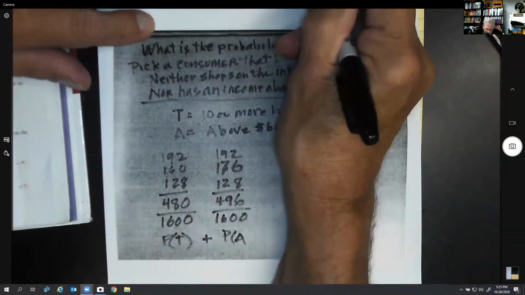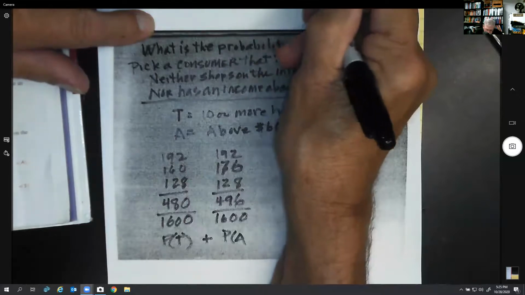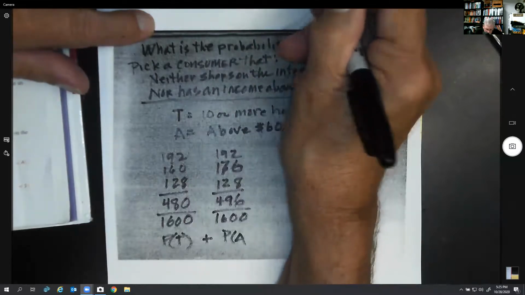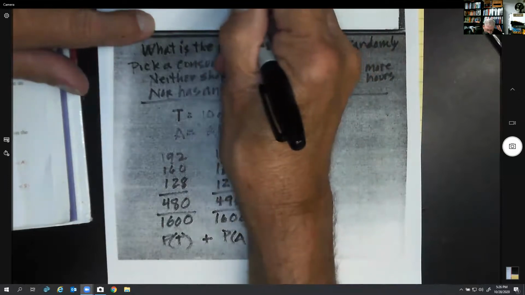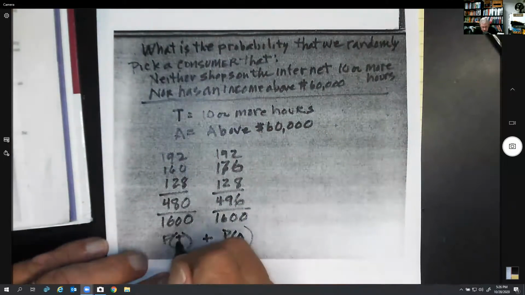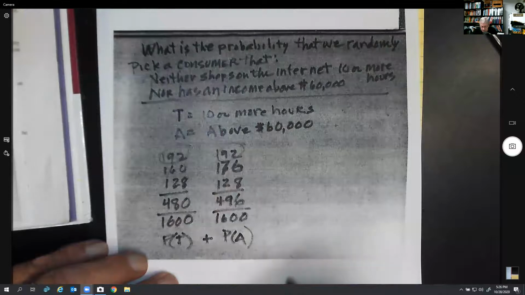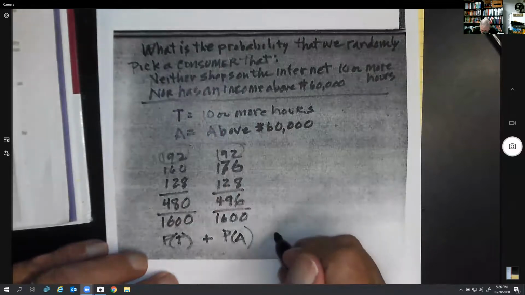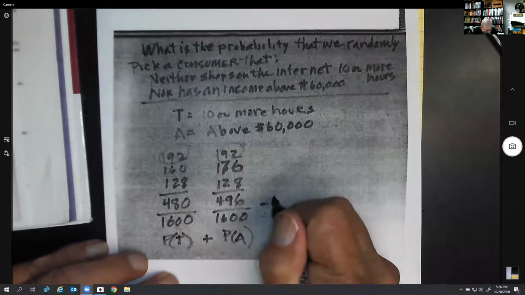It was just coincidental that they were the same, because we want just the people that are above 10 hours and above 60,000. We counted them here and we counted them again, didn't we? So we have to subtract off this